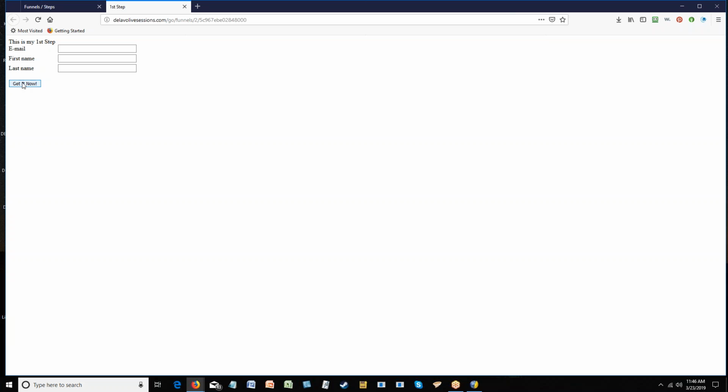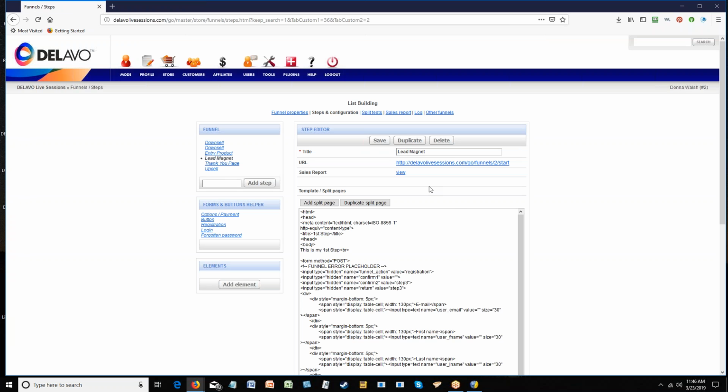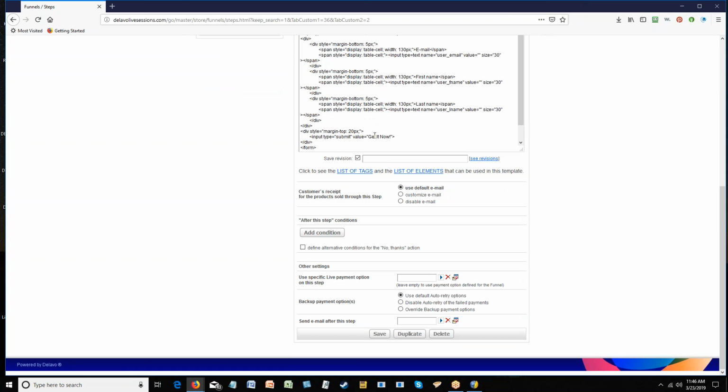So when you're changing your submit button, just think about that: you want to subconsciously make your client think that it's their product. And again, you can do that for any form in Delavau, by just clicking the submit